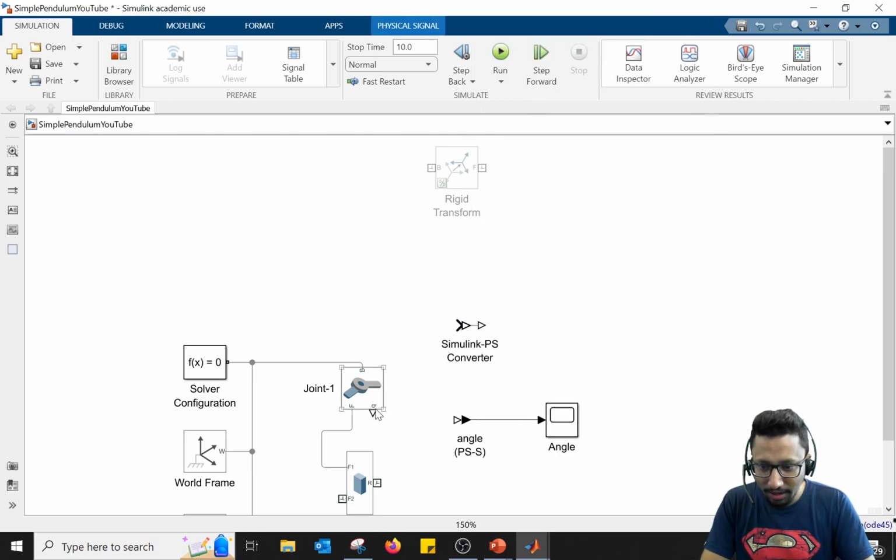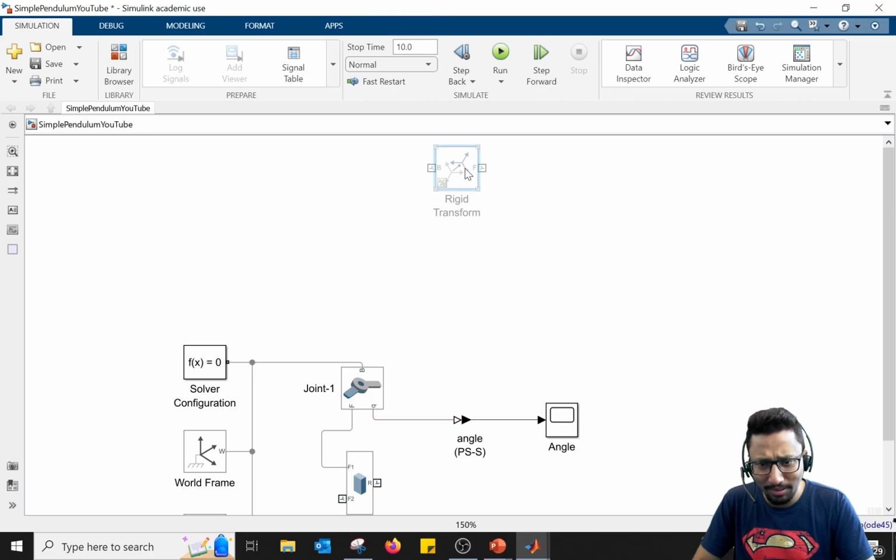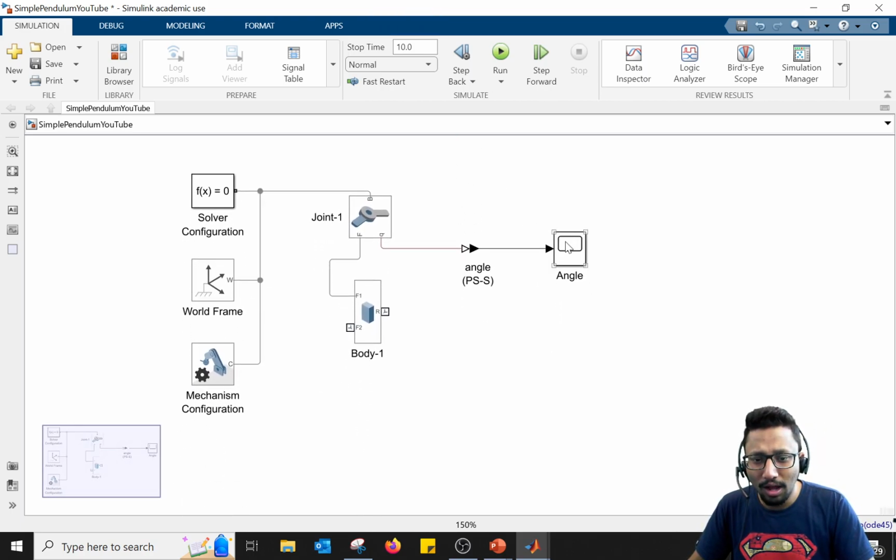Let's delete this and try to connect this one over here. It will never connect because it's not compatible, you see, but it will easily connect here. So just for you to know, let me delete this. And let me delete the rigid transform also. We don't need it. So now if you double click the scope,